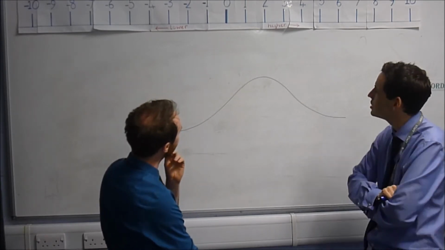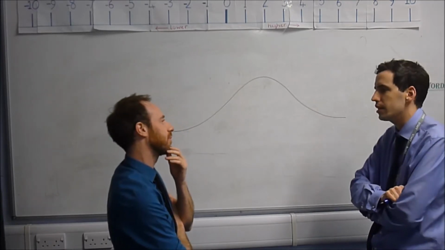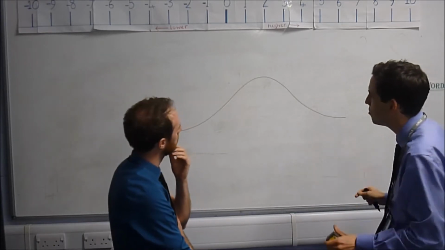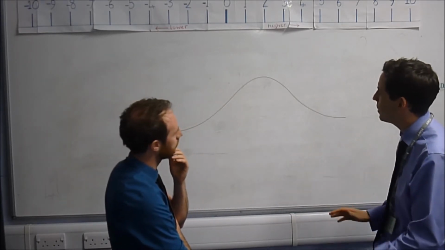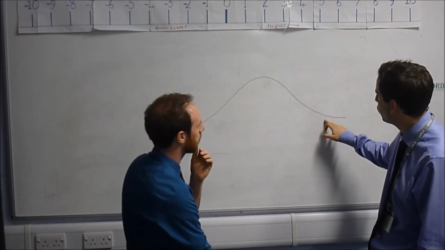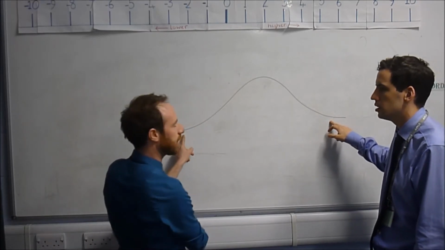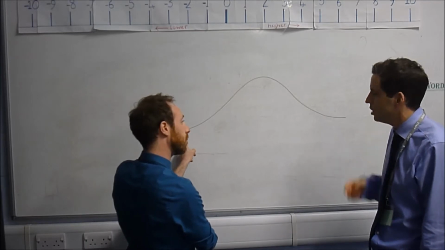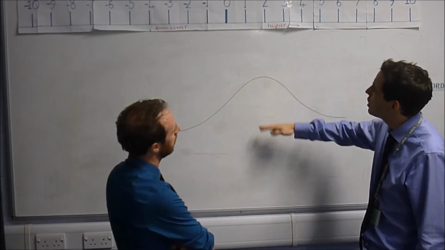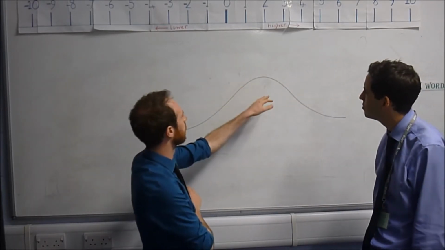And there's lots of things in the world that look normally distributed, like the heights. If we took the heights of the entire population, we'd expect them to be distributed a bit like this, in that there'd be some really tall, freakishly tall people, but not very many, up at the top end. Some really short people, again, not very many. In fact, most people would be around the middle height, or the mean height. So there's more of them.